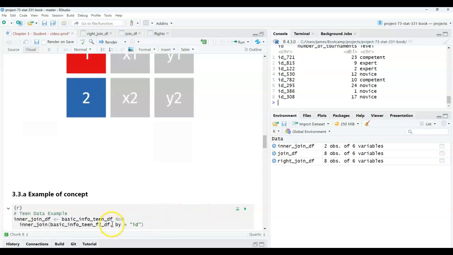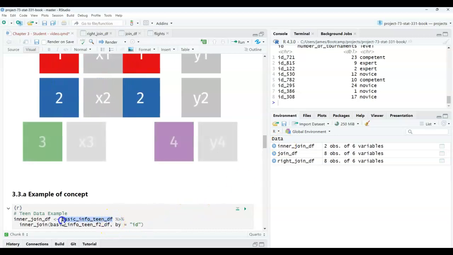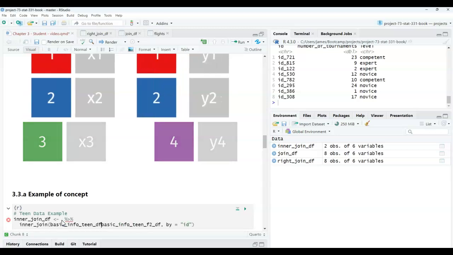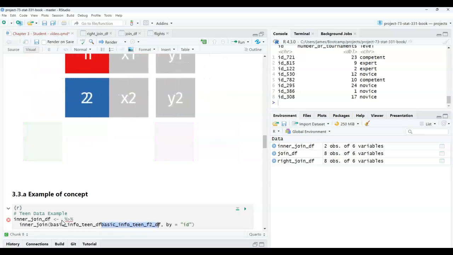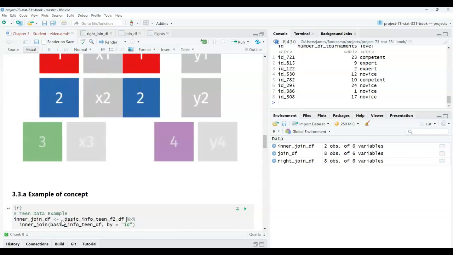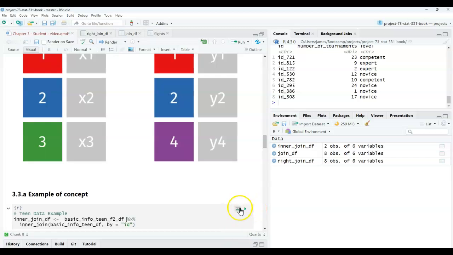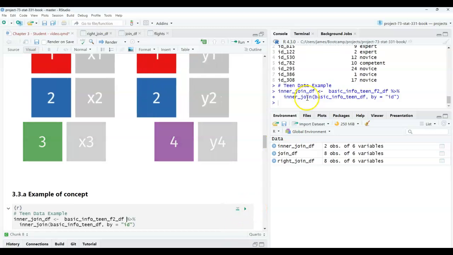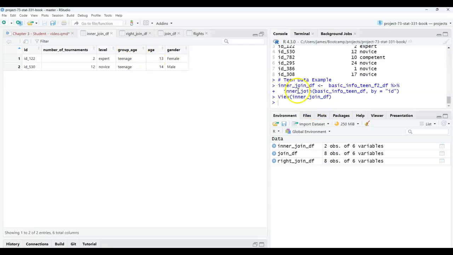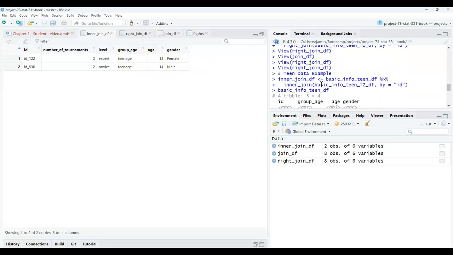Okay, so even if I were to flip the order, the columns may change in terms of the actual display, but it's still going to be the same rows. So take note of that. That's so cool. I love inner join. Inner join is one of my favorites. And so you see again, inner join is the same thing. Same number of